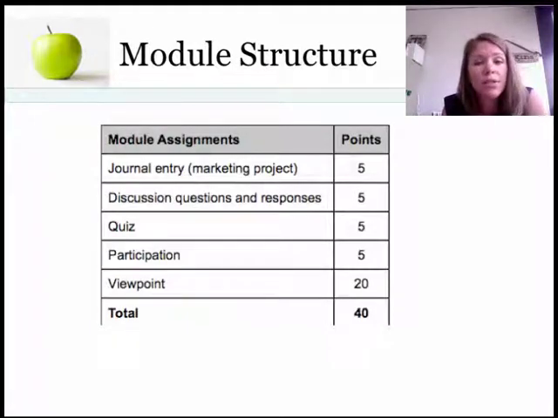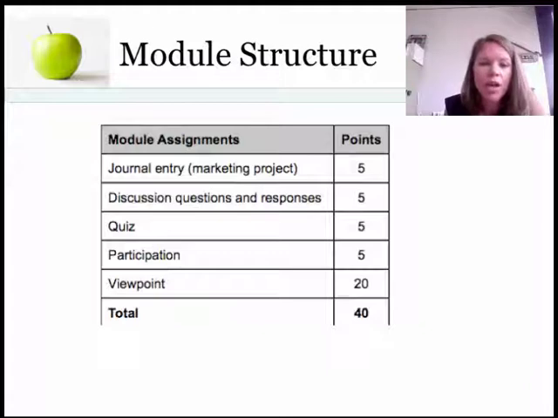To get full points on those discussion questions, you will not only need to respond to my initial prompts, but you'll also need to respond to at least 2 of your classmates' posts per discussion question. There'll be a quiz within each module. The quiz is designed to give you ample time to complete it, 15 minutes, usually about 10 questions in the quiz. But you'll also get 3 different attempts to complete the quiz. So if you miss a question or 2 on the first attempt,